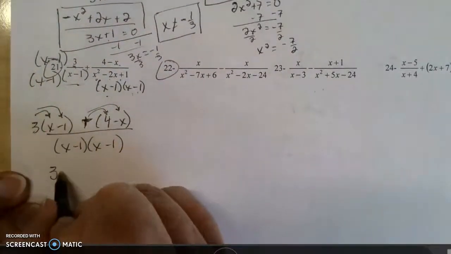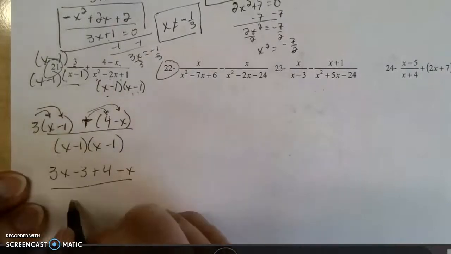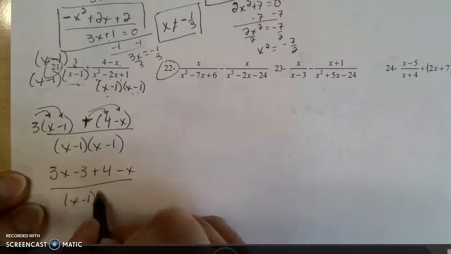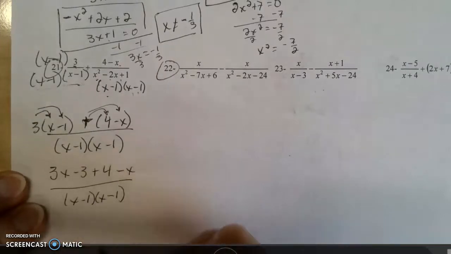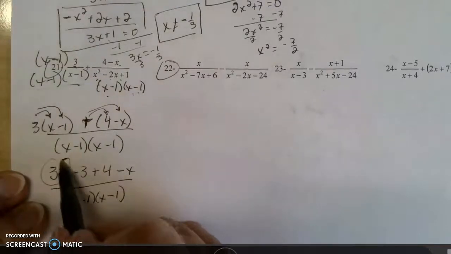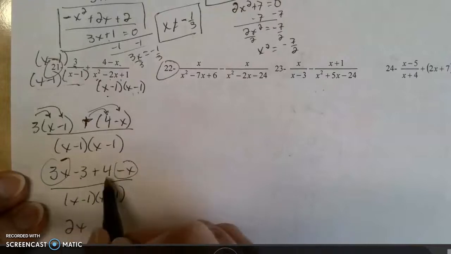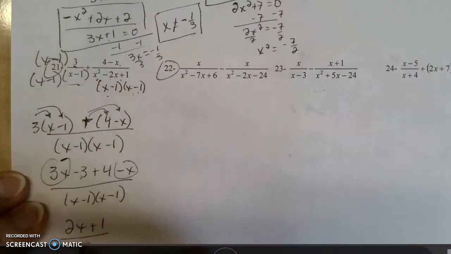So I have 3x minus 3 plus 4 minus x. And my denominator doesn't change once I get the common. Now I'm going to combine like terms. So I have 3x minus x, negative 3 plus 4,